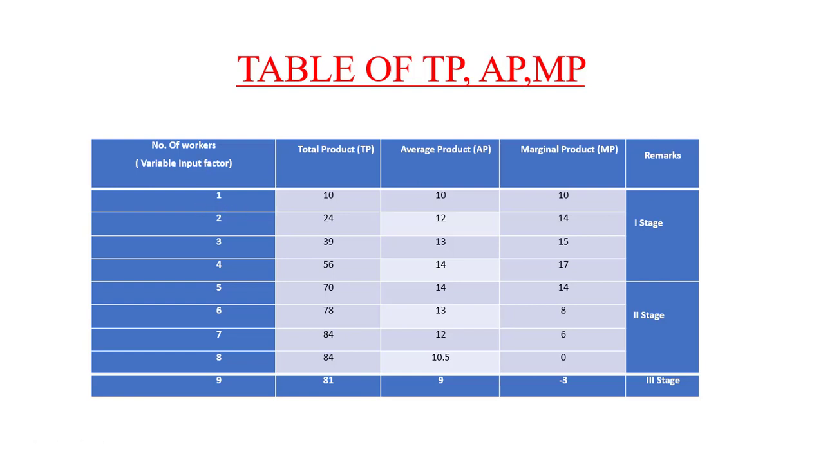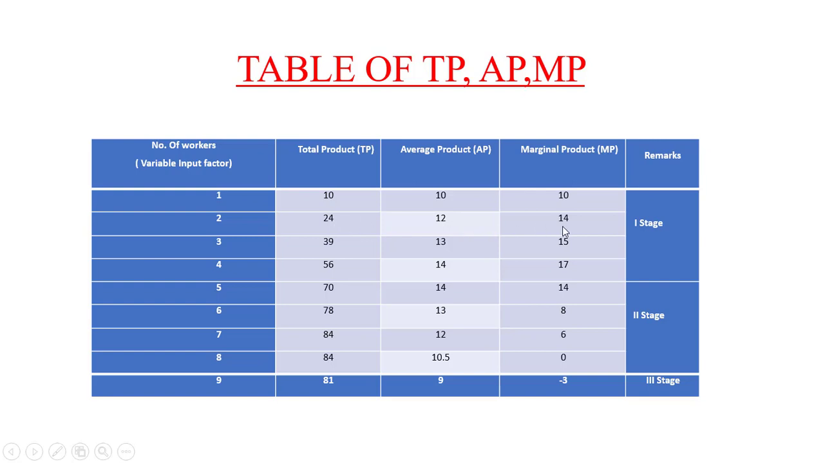When the labor is only 1, the total product was 10. Average product was 10 and marginal product was also 10. So in the first stage everything is the same, that is total product, average product, and marginal product are the same. Now in the second, when the number of workers is increased to 2, total product is coming to